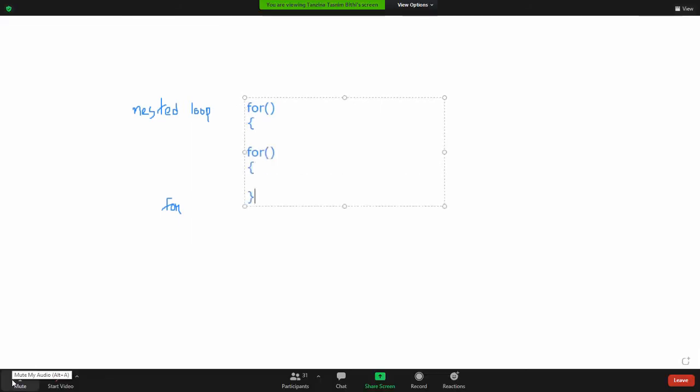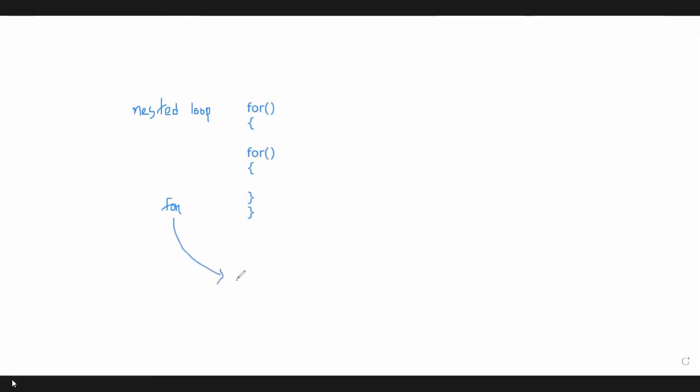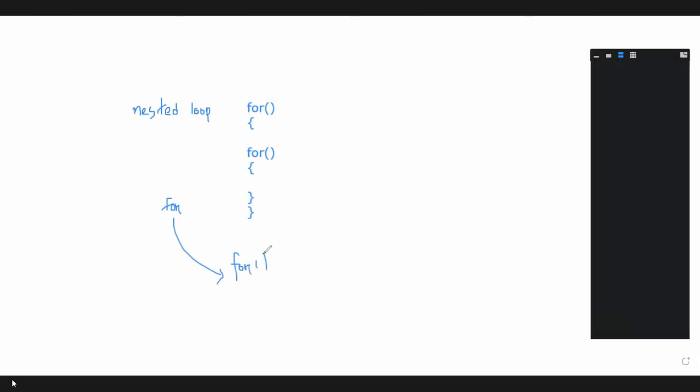Suppose in this portion you need a nested loop, and in another portion of the program, you are writing a single for loop. When you are using a nested for loop, the structure will be like this: for, and inside this for loop, we can use another for loop, right? And in another section of this program, we are using a single for loop. Then we can write these statements here.